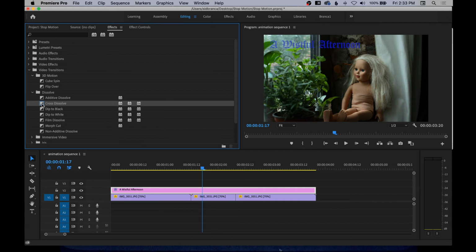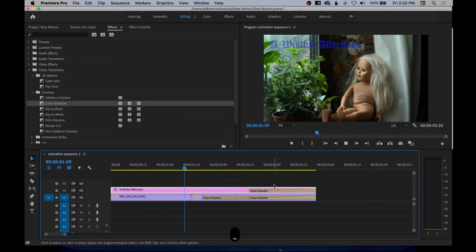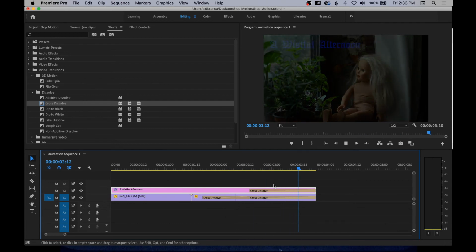You can click and drag this cross dissolve to where you'd like it in the timeline and adjust how long it takes. Cross dissolves may not work between two very short clips because there aren't enough frames. You may need to render again to get an accurate preview of a dissolve in the program window.